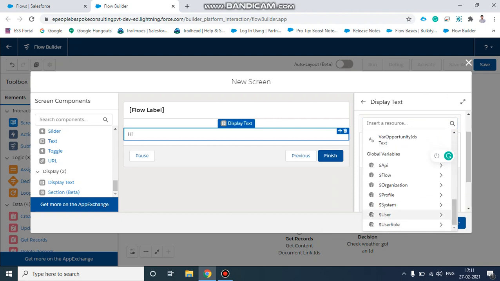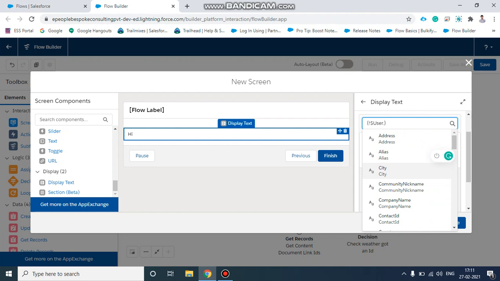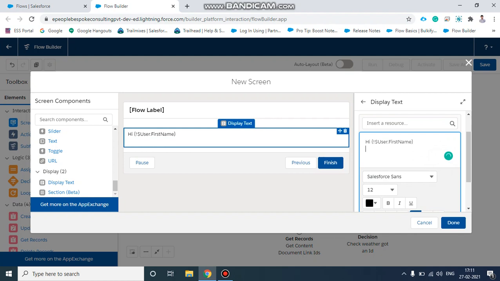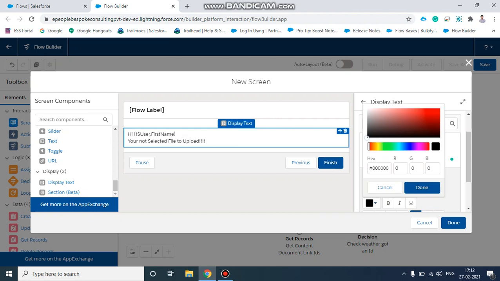For that we need to go for at user, select user first name. Okay, you have not selected the file to upload. Okay, we'll give this color red.